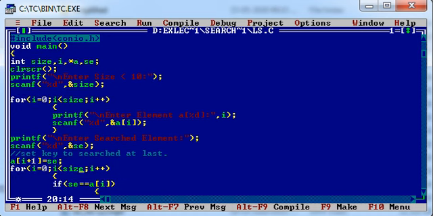So as soon as I come out from this loop, I will set my search element to a of ith plus 1 position, that is the last position.